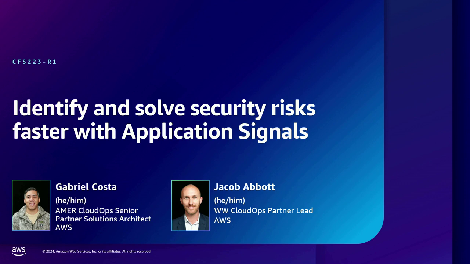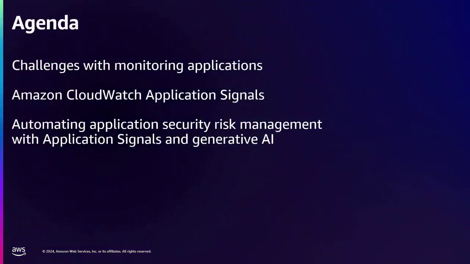I lead the CloudOps partner team for the North America and South America region, and I'm joined here by Gabriel Costa, who's the partner solutions architect. We're here to dive a little deeper on how to identify and solve security risks on the application layer with CloudWatch application signals. Gabriel is going to jump in the really deep end, but before we jump into the actual tech and have the demo for you, I want to contextualize it a little bit about how this fits into the overall security and cloud operations